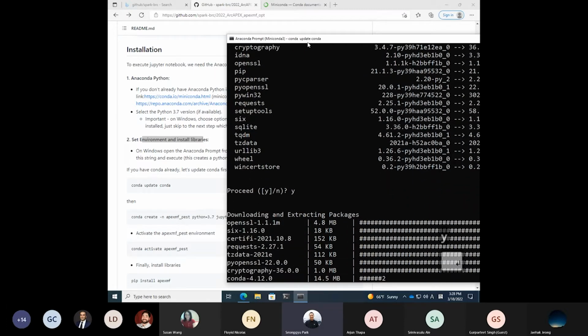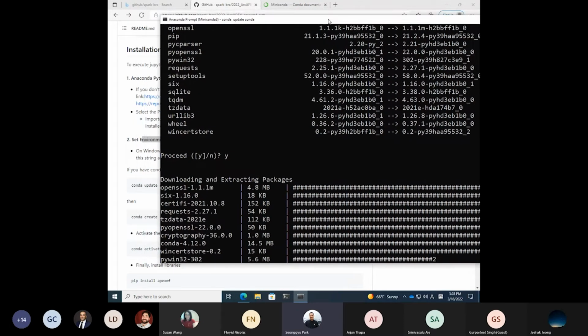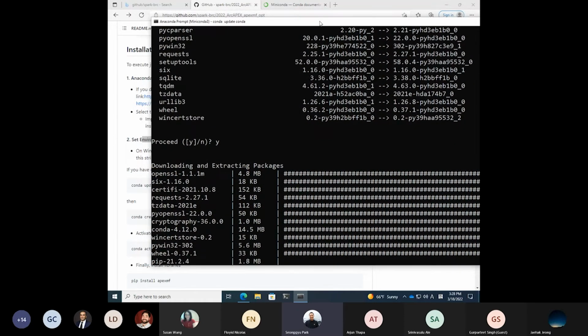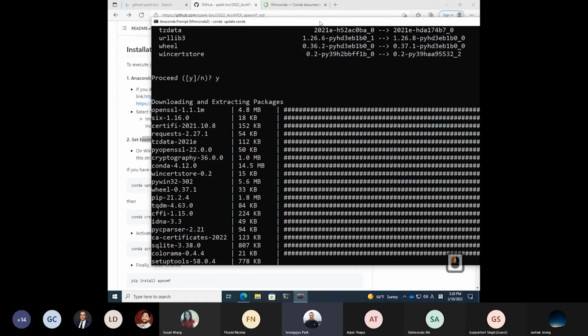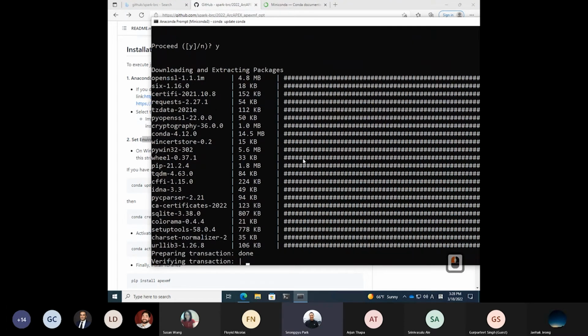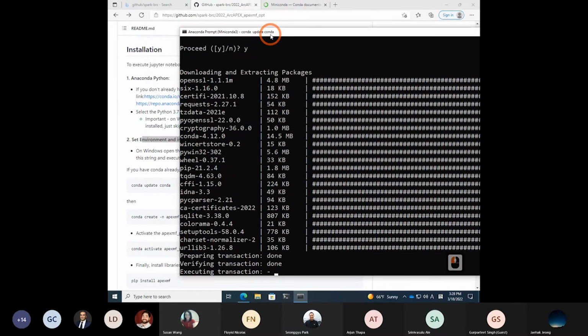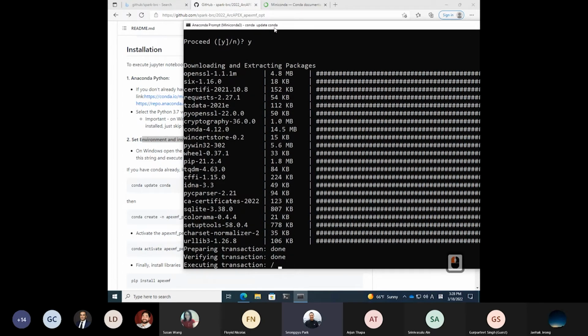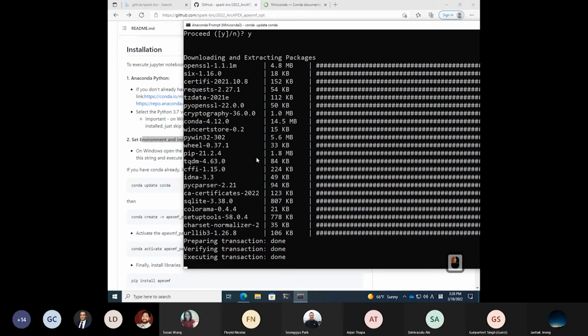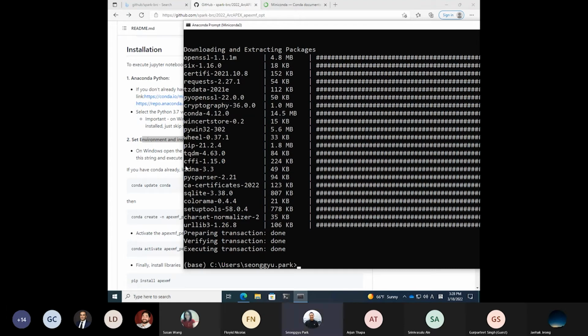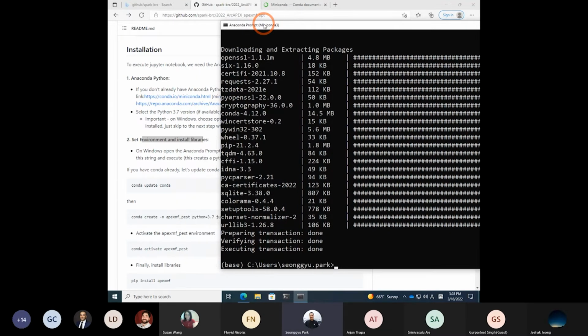Then press proceed, type yes, and it will automatically update all of the libraries in the default base environment. Done. Now, then we are going to